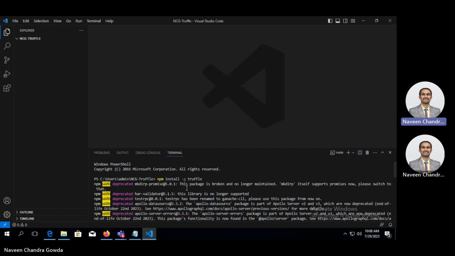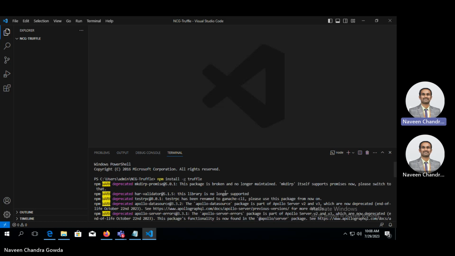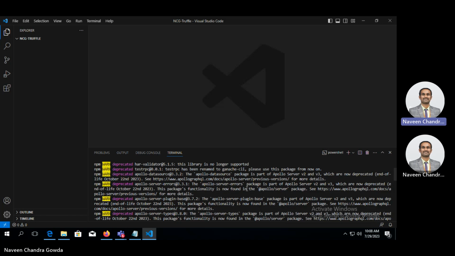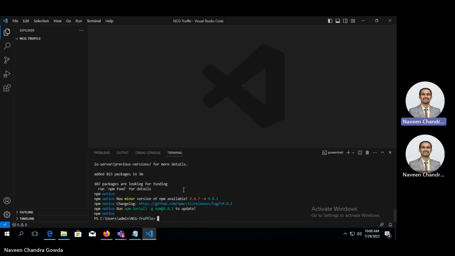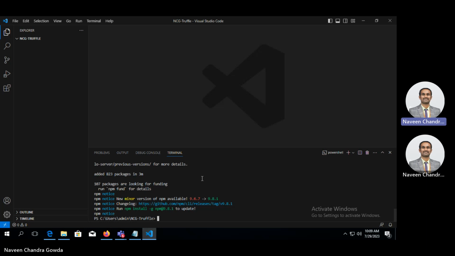What happens in some cases, in some systems, is that it will not allow you to install this Truffle from the terminal of your VS Code. In that case, the same command, npm install -g truffle, you'll have to use in the command prompt, as I already mentioned. Now I'm done with the installation of that. This Truffle can also work in the command line. So in some cases, if the installation is not complete here, what you have to do is